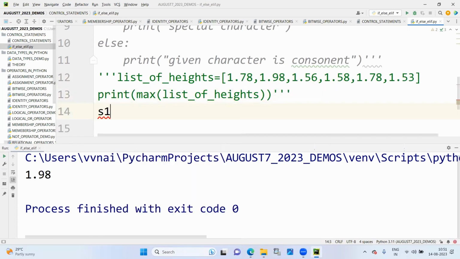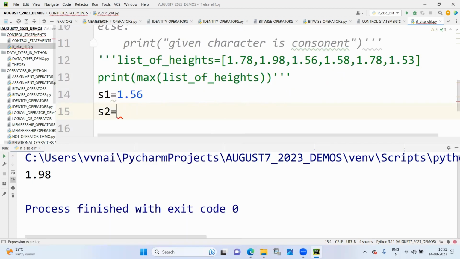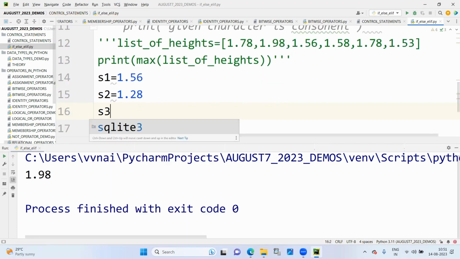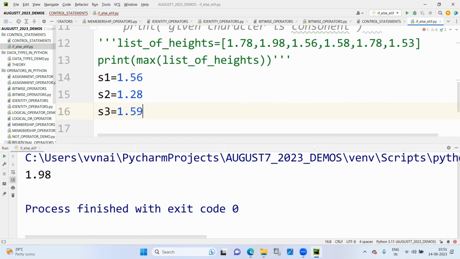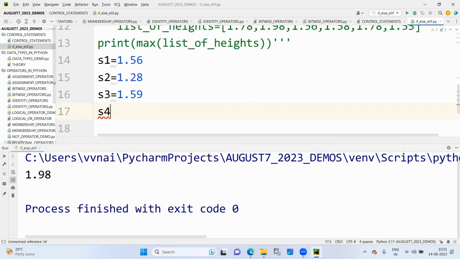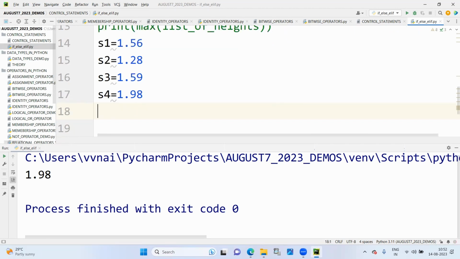Student 1 is equal to, whose height is 1.56. Student 2 is equal to 1.28 and student 3 is equal to 1.59. Student 4 is equal to 1.98. These are the few students' heights. How do I determine whose height is max? The probabilities will be different. Yes or no? If